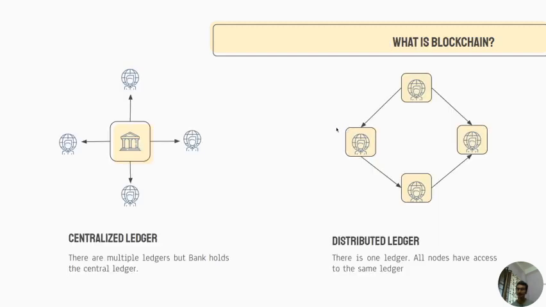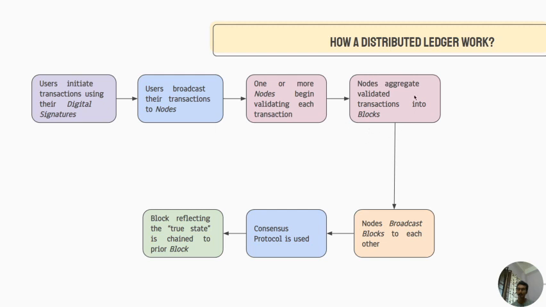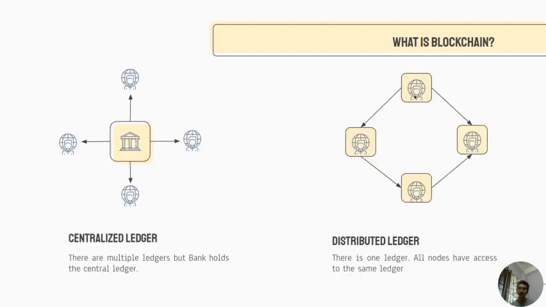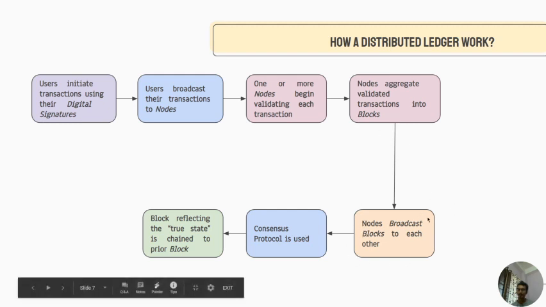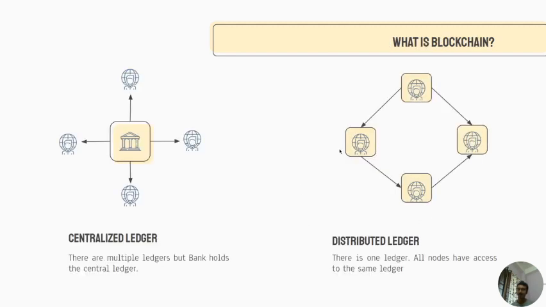As I said also, if all the nodes or the majority of the nodes say yes, I am okay with it, then the nodes aggregate the transaction into a block. So a block is basically information stored together, which means a node is holding some information regarding the transaction, what the ID is and all, which I'll be discussing in the later slides. So this is basically the flow chart till here. Then after I do the transaction, the nodes will broadcast the blocks to each other. So I did the transaction, and now they will share all the information in this manner.